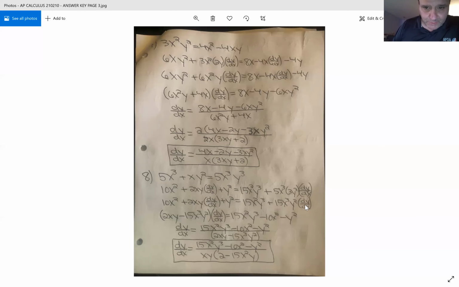Then I put it in one term here. Group the terms with the dy/dx on the left side. Solve for dy/dx. Okay, so there's no GCF in the numerator. And in the denominator, your GCF is xy, so I pulled that out. So on 9 and 10,